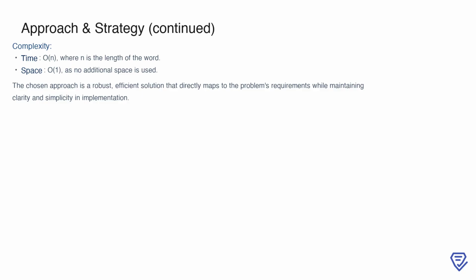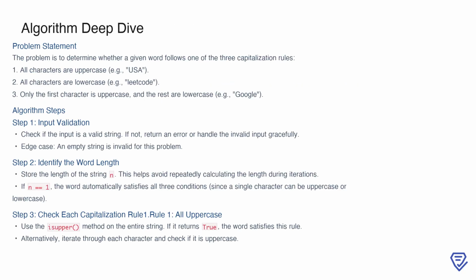effectiveness in implementation. To solve the detect capital problem, we need to determine if a given word adheres to one of 3 specific capitalization rules. The first rule is that all characters in the word must be uppercase, such as USA. The second rule is that all characters must be lowercase, like LeetCode. Finally, the third rule allows only the first character to be uppercase, while the rest must be lowercase, as seen